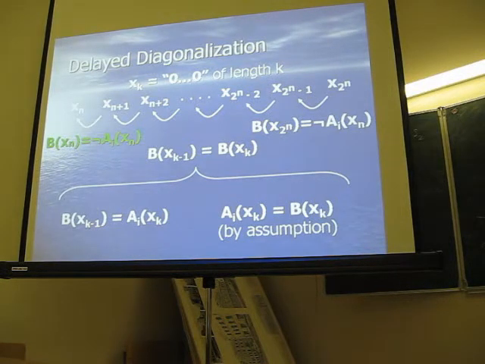So we don't need any fixed point thing. We just have constructed B that disagrees with A_i. But we have to assume that some A_i agrees with B. But somehow I missed the point. What is the language related to B? So we want to construct B which differs from A_i, yeah? Yeah. But we do not bother now about B in n time.